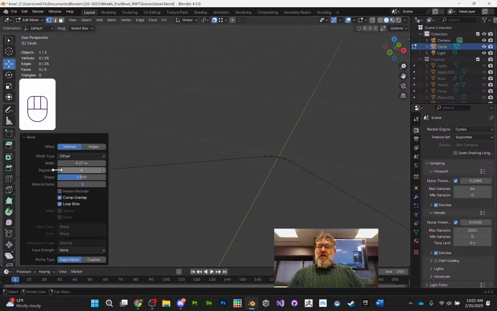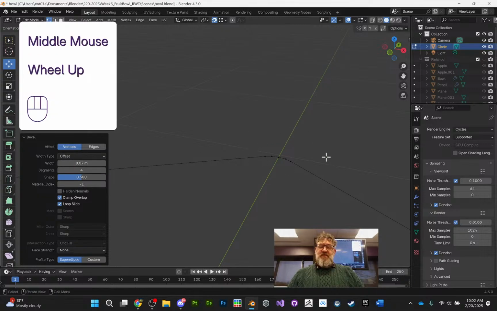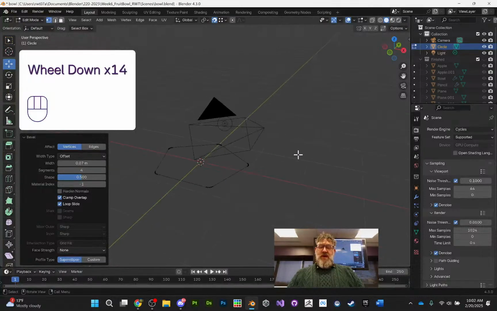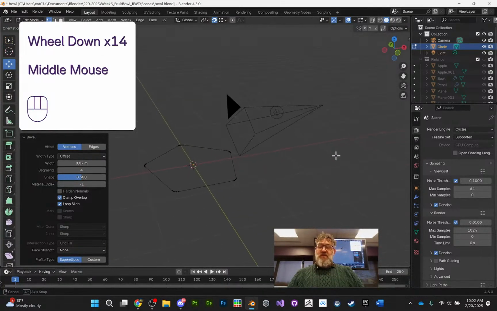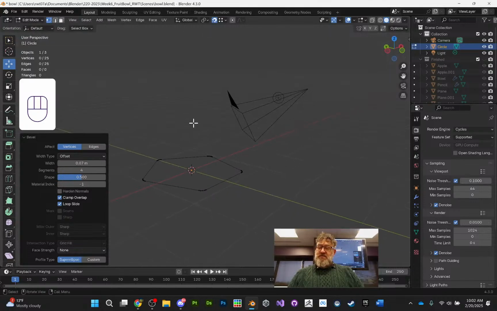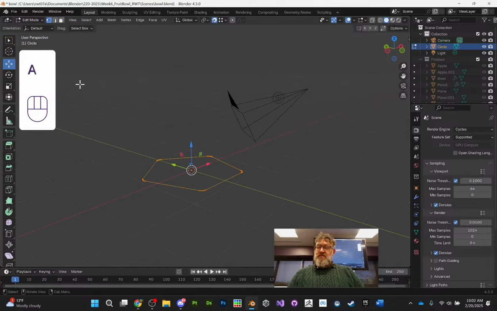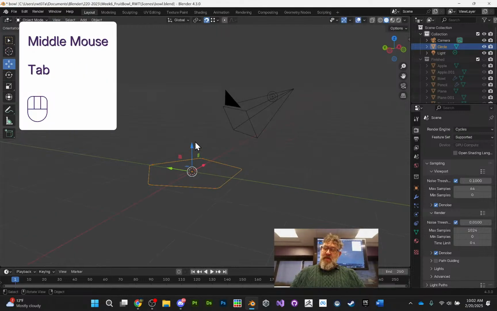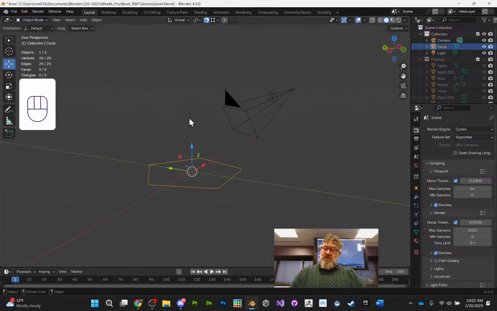0.07. Again, got it at 4 segments, which ends up at 5 on each point. Now we're 5 by 5, so that's 25 vertices. I hit A. Yeah. So when we go to circles, we'll have 25 of these. So Tab, back in object mode,